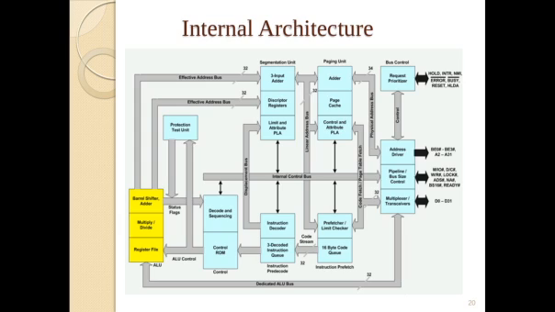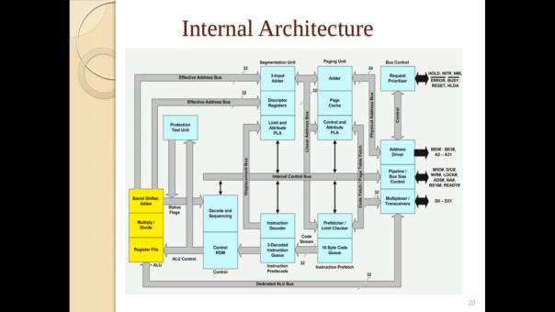Then the segmentation unit is there. Memory is divided in segments and may or may not be in paging. A segment is a part of memory. A segment may be of size 4 GB at max, and that segment may be further divided in pages. Each page is of size 4 KB. So such a number of pages are there in one segment, and n number of segments will be there in physical memory. Whenever data is to be accessed, it will be accessed from the segment, and that segment's starting address will be available in the registers.